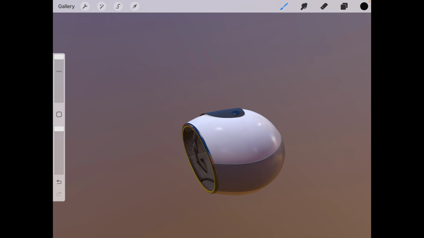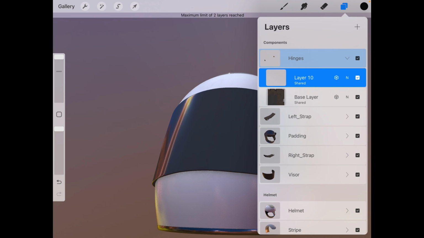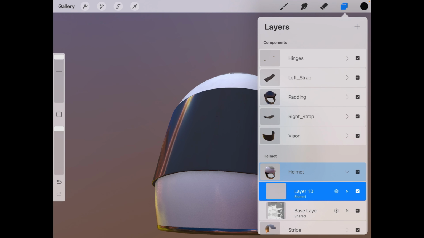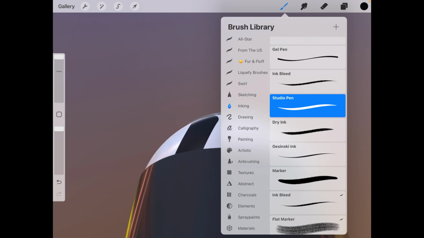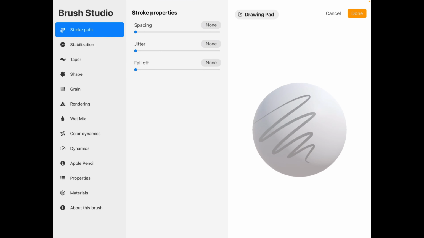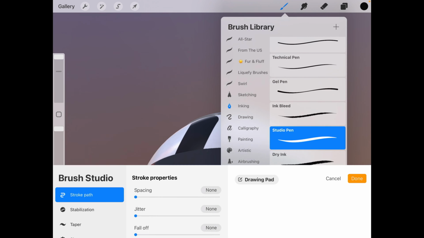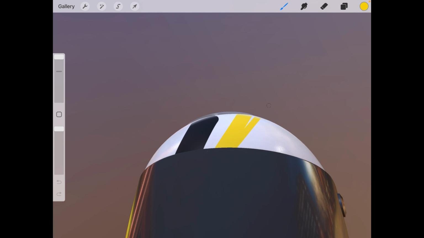Okay, so this is for, okay, one second. Okay, I'll just show you on another layer. I'll show you on this one. Okay, so I'll put a plus, and now I can paint on this in any brush that I want. Now if you tap on a brush 2 times, it will come to this brush studio where you can increase or decrease the spacing. Look here how it's happening. But all this you don't need to really worry about. You can change the colors and all this.